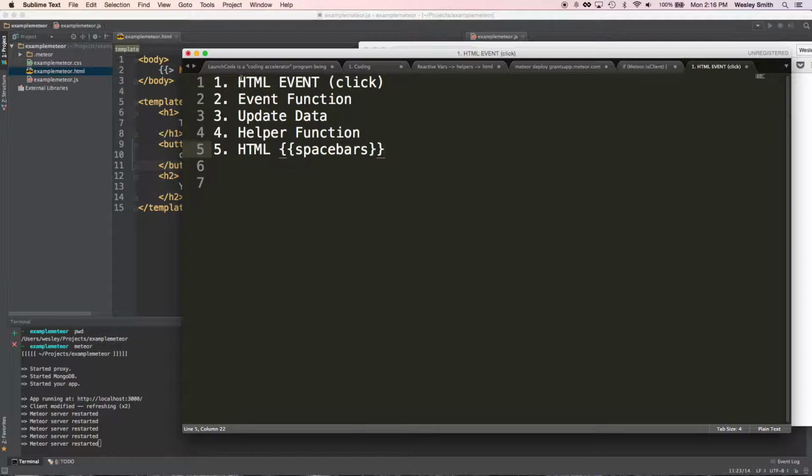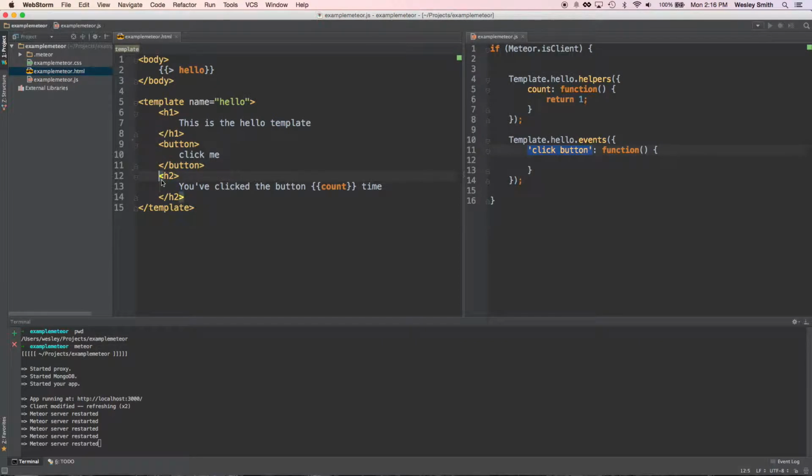So we did these 2 steps and these 2 steps in the last video, but now we need to do our updating data piece. So let's go ahead and head back over to our code. So we currently have it such that when someone clicks on this button, it will trigger our event over here on the right. So now we want to